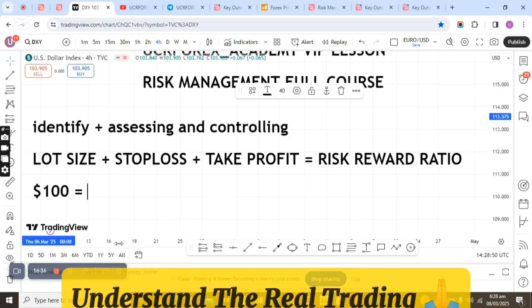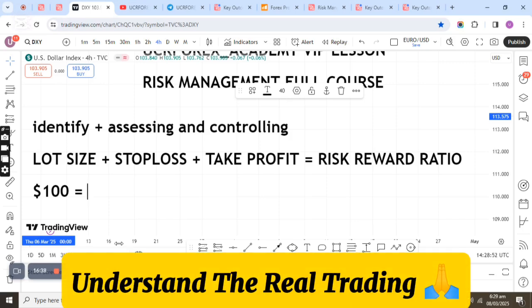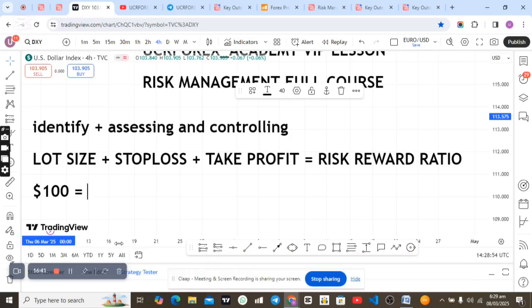Now, let's say at the end of the whole day, you say, okay, fine, let me go in with one lot size, and your stop loss is 20 pips. This is your stop loss. When you have done that analysis, you discover that your stop loss is 20 pips. You have set the pending order. Then the next thing you say is, what kind of lot size should I use? Let me use one lot size. Then one lot size is the lot size you have chosen, right?